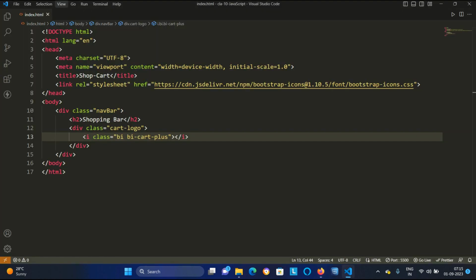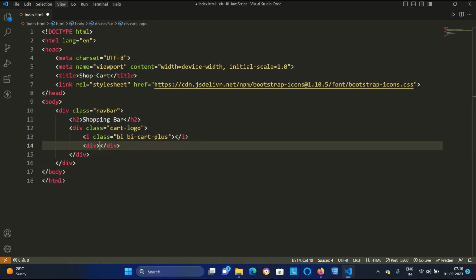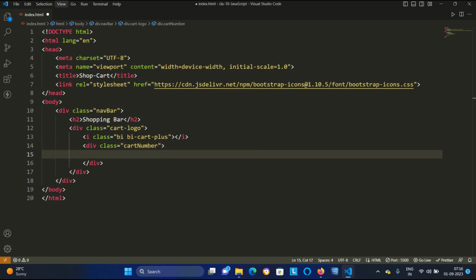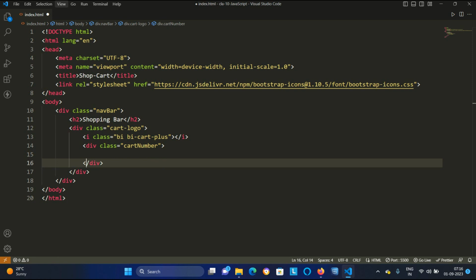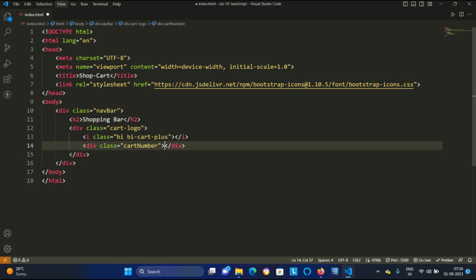So right now we have used this cart icon, and inside this cart logo I am creating another div whose class I am setting as cart number, and I am setting this cart number as 0 right now.